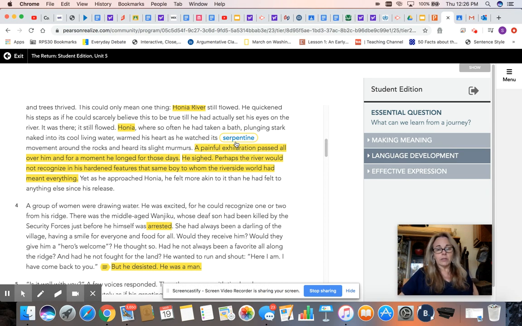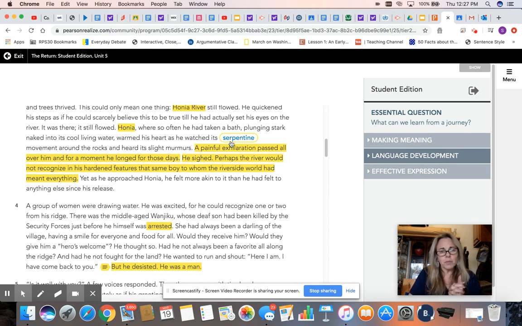So anyway, he's talking about the river. He loves the river. So I feel like the river's important in this story. He's not mentioning it here at the beginning, he's not mentioning this road here at the beginning on accident. So these are going to play an important role in the story as we